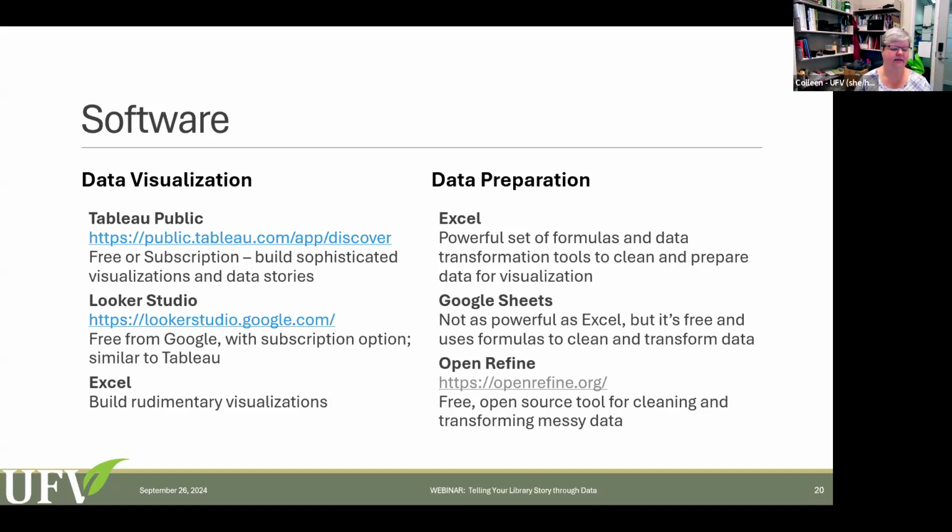They're web-based, so they're completely accessible. They have free and paid versions. One is Tableau Public. This is the one that I use or have used in the past. It allows you to build sophisticated visualizations and data stories.